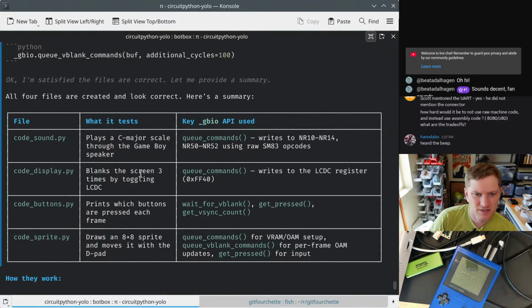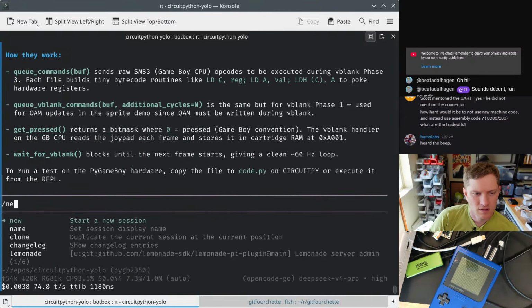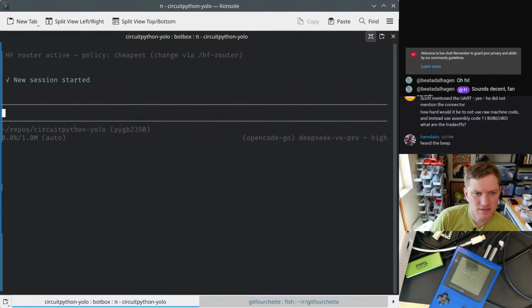Blanks the screen 3 times by toggling LCDC. See, it's not. Yeah. Okay. Let's do a similar one. Write a code.py to run in CircuitPython on the RP2350 pygb board to test the audio